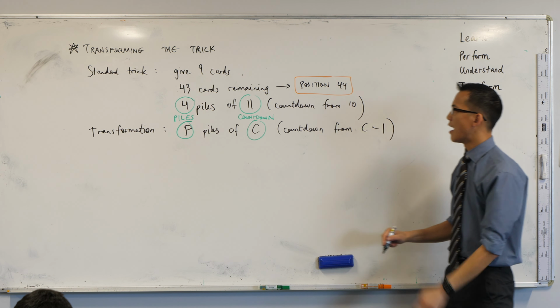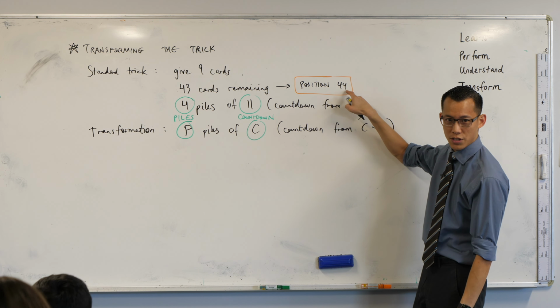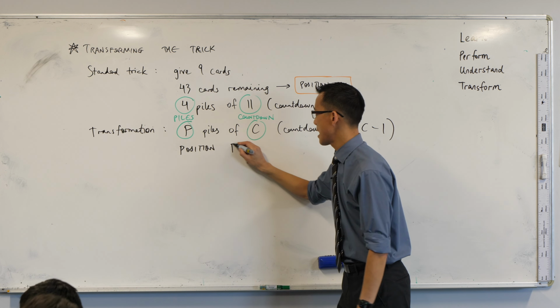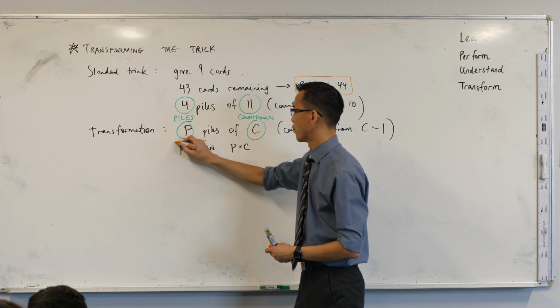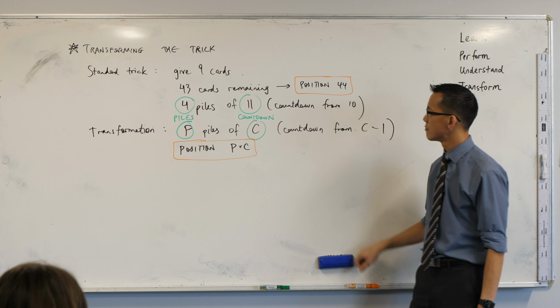So then, I'm going to have P times C. That's this position, right? So the card will be in position P times C. So I'll just put an orange box around that, just like it was before. So if that's the position I want to get in,